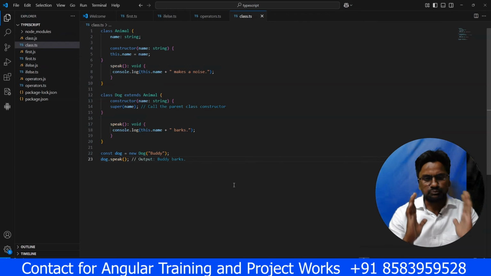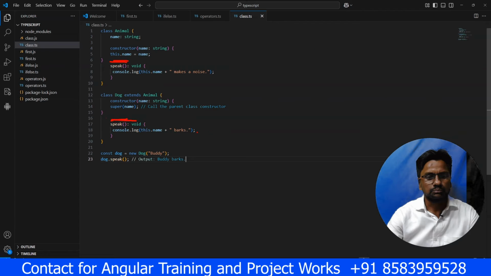There is one very important thing. The question is, both the classes here have speak, this class also has speak and the child class also has speak. The question is, why does it say barks, not make a noise? Because this is called method overriding. Method overriding means when a method with the same name is present in the child class as well as the base class, then